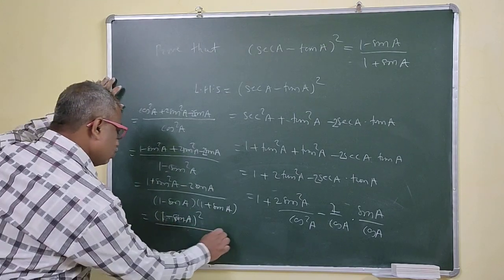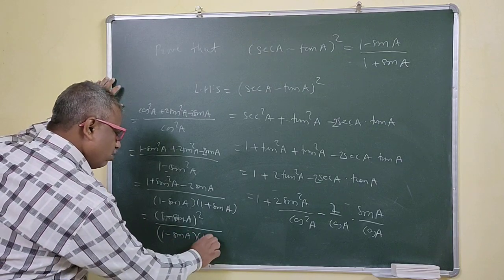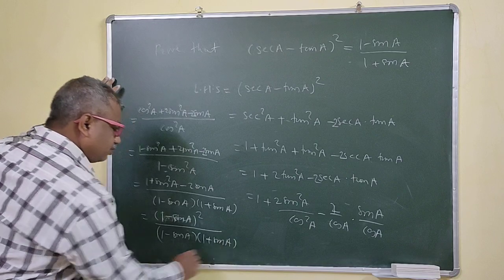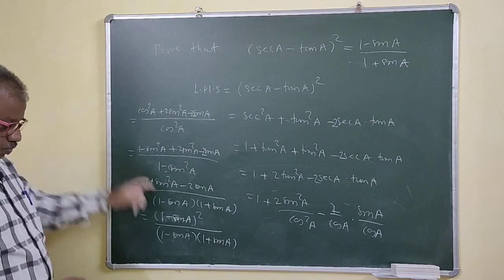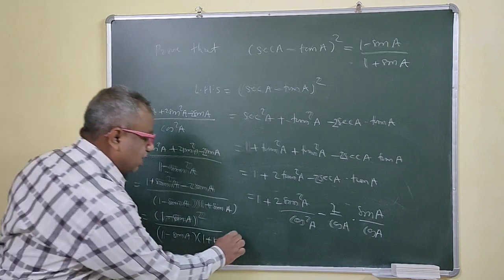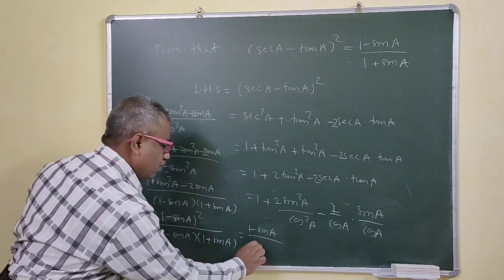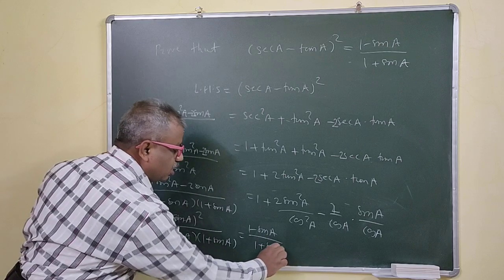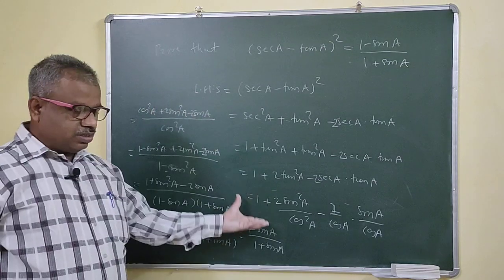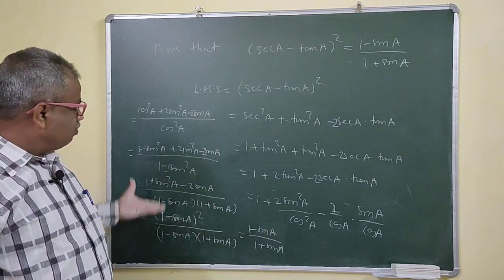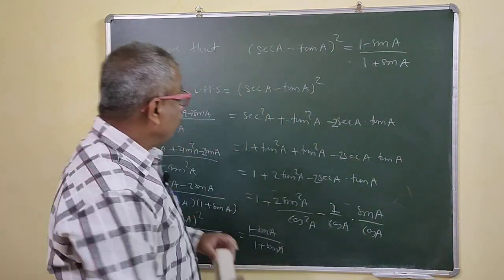Right? So this is what then? 1 minus sin A into 1 plus sin A. Now your 1 minus sin A get cancelled. This is square and this is right. 1 minus sin A get cancelled. 1 minus sin A upon 1 plus sin A. Right? That is your required answer. So this is our usual knowledge now. Now see, the problem becomes complicated and lengthy now. So instead of that, we'll see another method.